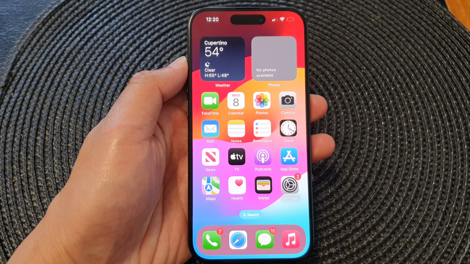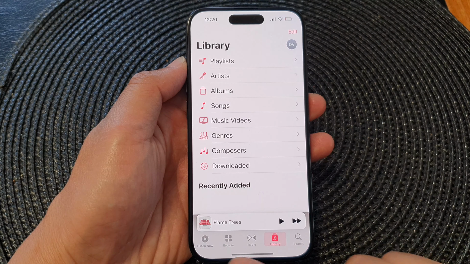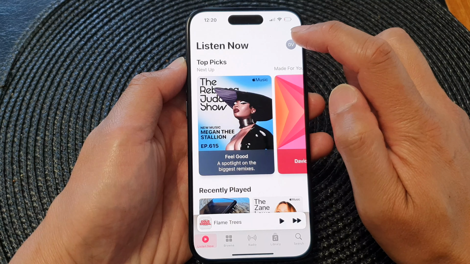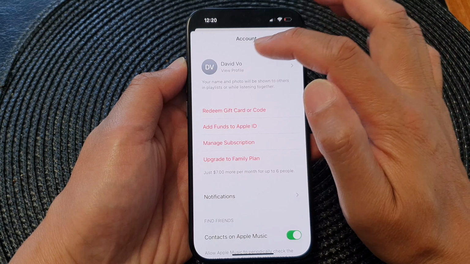Then from the home screen, open up the Apple Music app. Next, tap on Listen Now tab at the bottom, and then tap on the profile icon at the top corner here. In the account page, tap on View Profile,